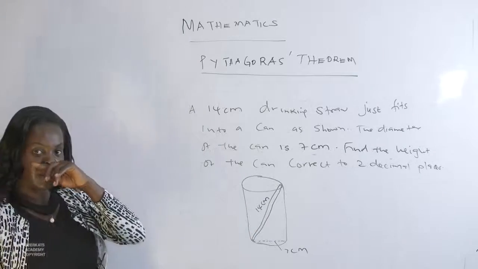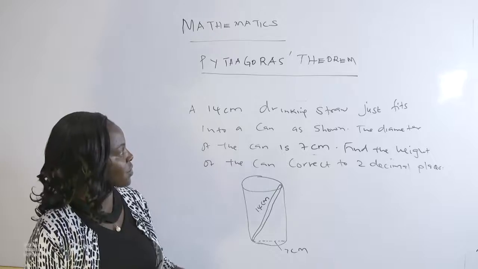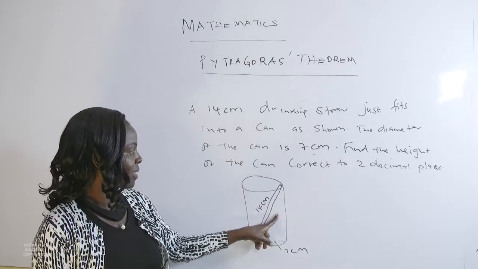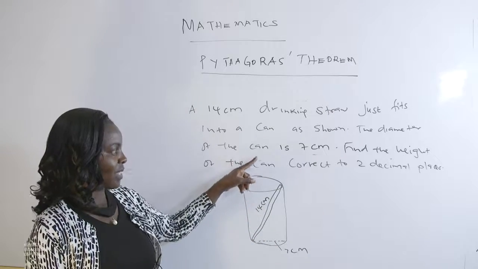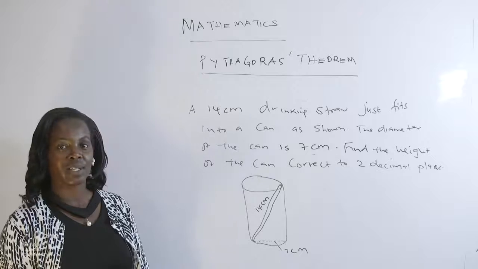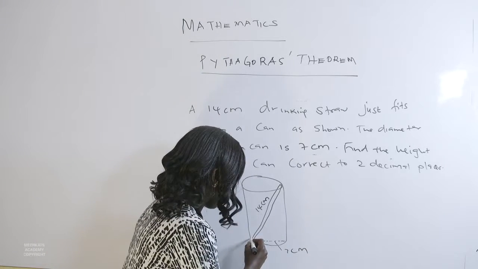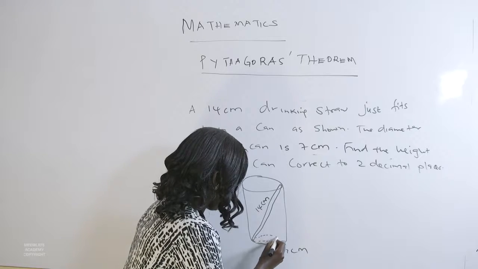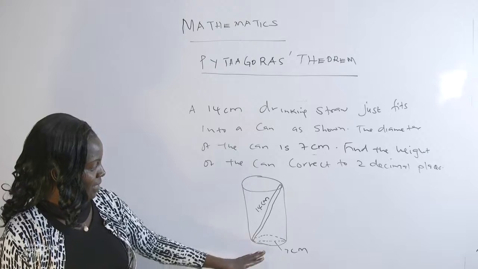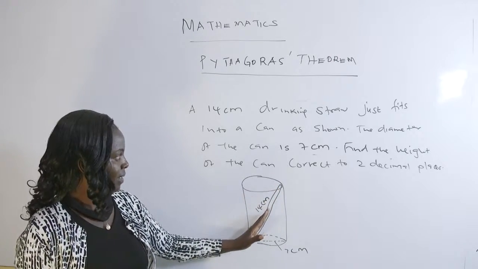So let's look at this other problem. A 14 centimeter drinking straw just fits into a can as shown below in the diagram. The diameter of the can is 7 centimeters. Find the height of the can correct to 2 decimal places. How do we go about solving this problem? So you realize the can, the straw,